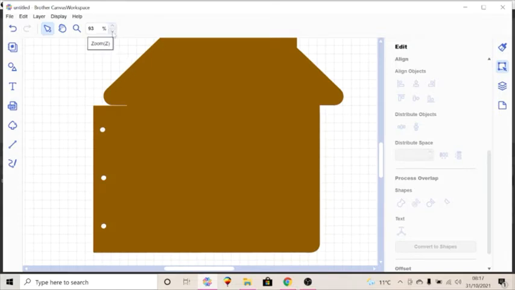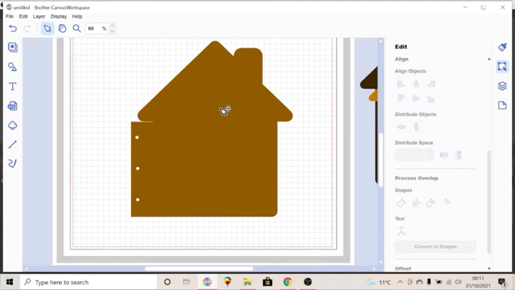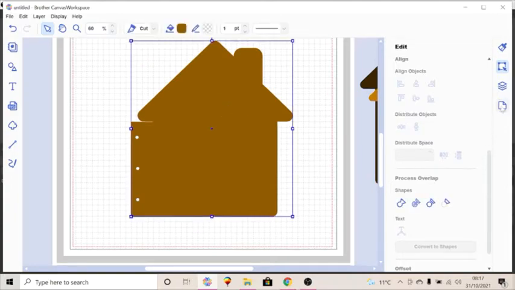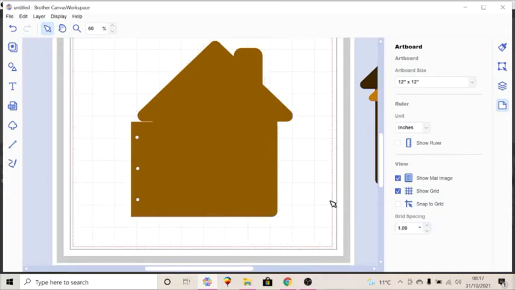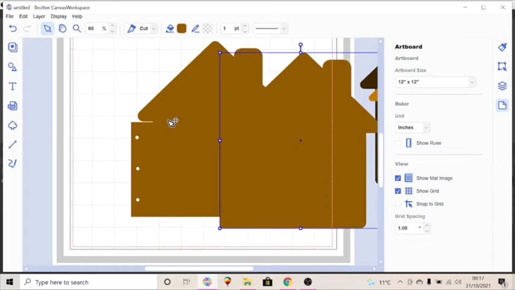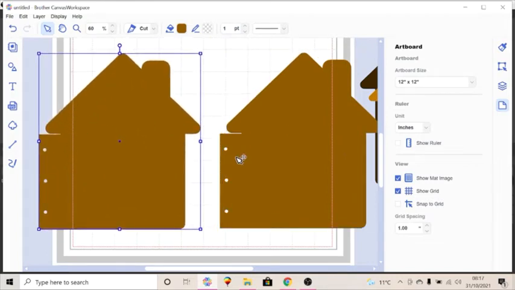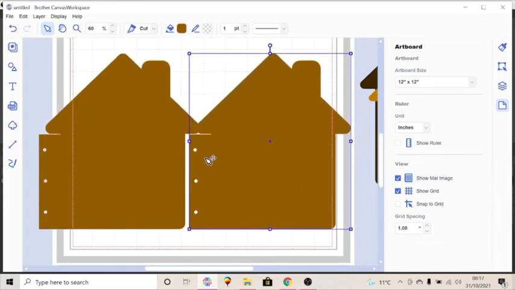So that means we'll need to reduce this. I'm just going to change my grid back to 1 inch. So we need to make the inner pages, and then we can print out or cut out as many of those as we need. So the way to do that then is going to be to go back to the offset,